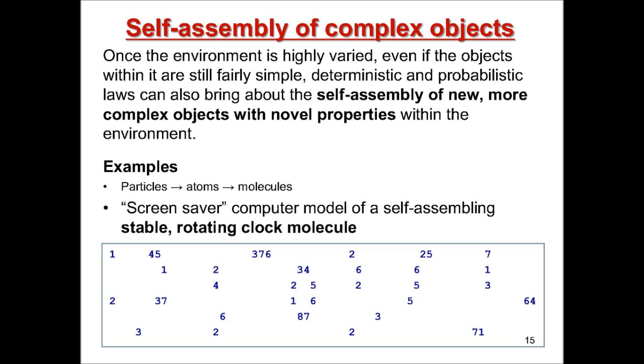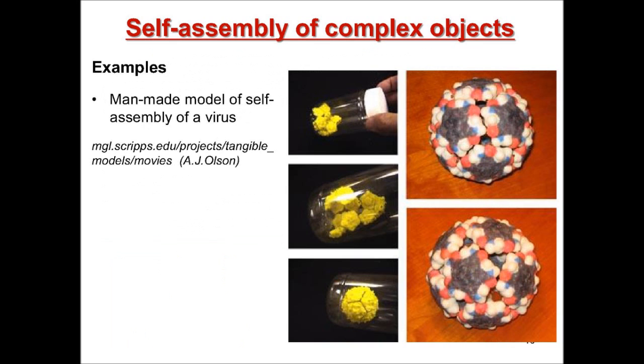But it forms, it self-assembles over time. So here you have a situation where within this complicated environment, if you wait long enough, something self-assembles that is more complex than anything seen before and has new properties that have never been seen before. So that's a computer example. This morning we saw this wonderful example. If you're looking for where to find the movie of this self-assembling capsid, there's the link. I didn't know this was going to be shown.